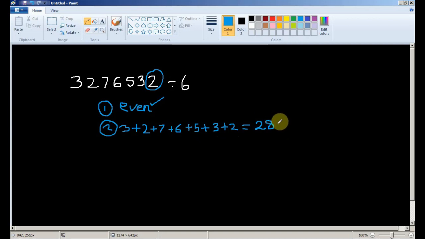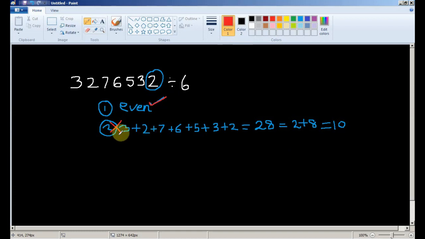And then if you want to further add this, 2 plus 8 is going to be 10, and 10 is not perfectly divisible by 3, so this condition we didn't meet. We failed to meet the second condition, but we meet one of the conditions, which is this one.